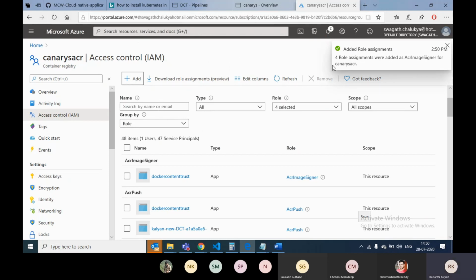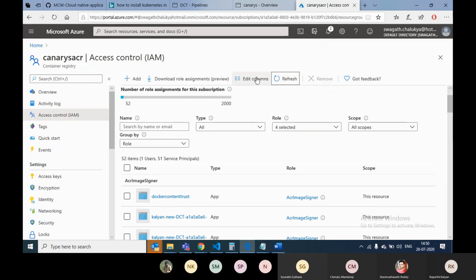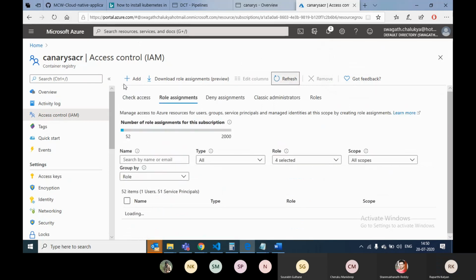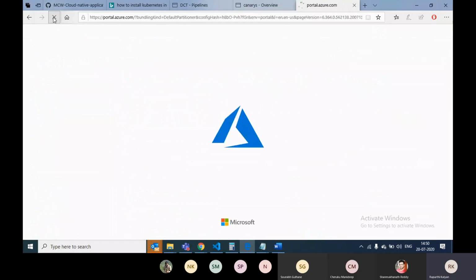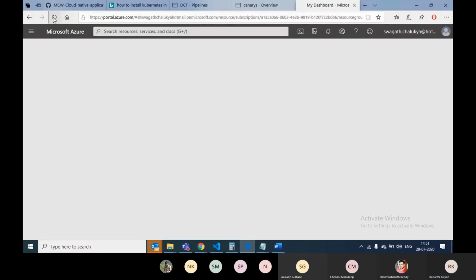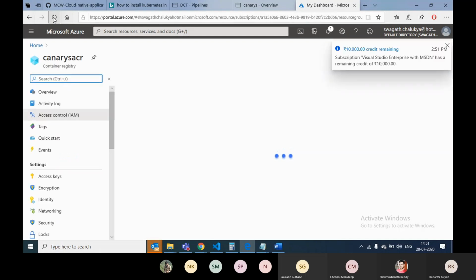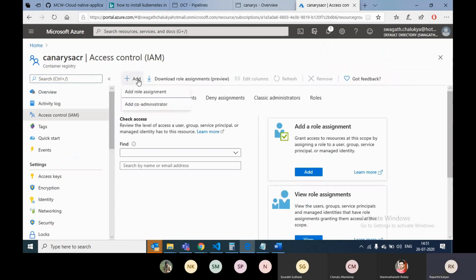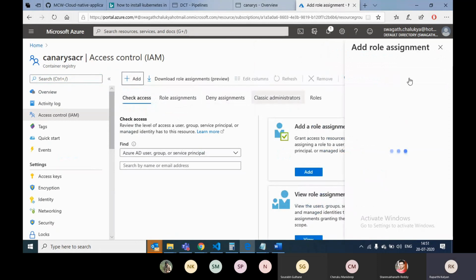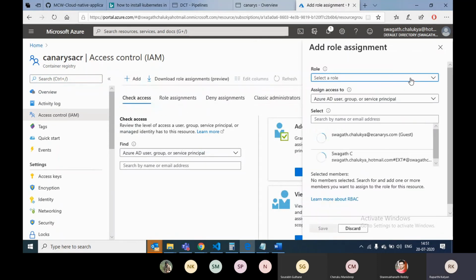It got stuck, just refresh. Now I'm adding the role of ACR push.